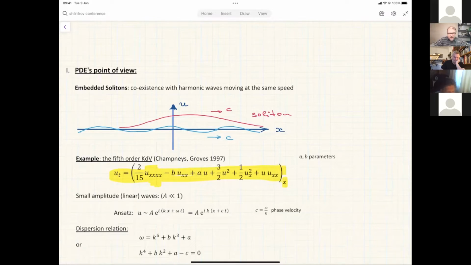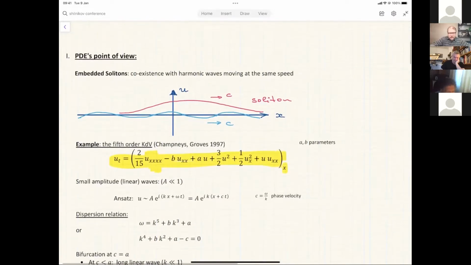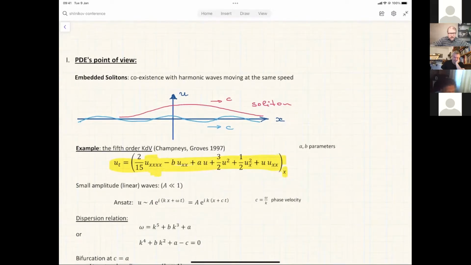So we see here an equation which is a biquadratic equation with respect to k. And if this equation has a real solution, we have a sinusoidal wave. And if k is a non-real number, the local small amplitude solutions are unstable and they can grow or decay in time. And looking at this quadratic equation, we see that there is a simple bifurcation in this equation,